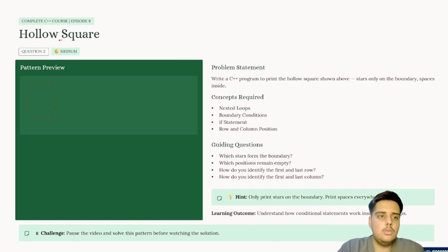So question 2, hollow square. Pattern preview: let me mark it nicely so you can see. I hope you can see these red dots, so you are able to view this pattern.